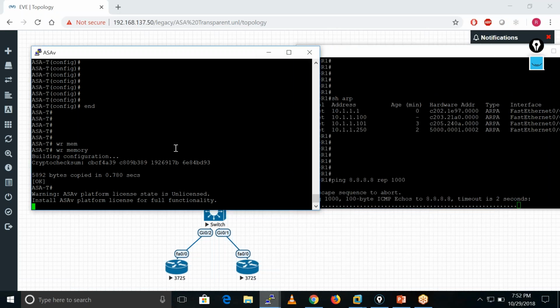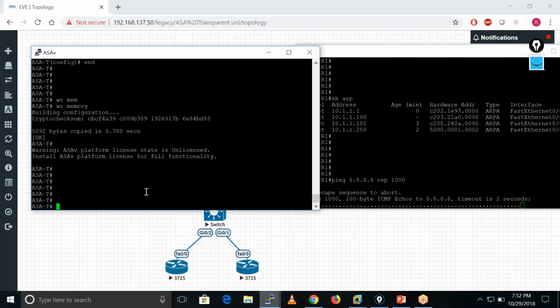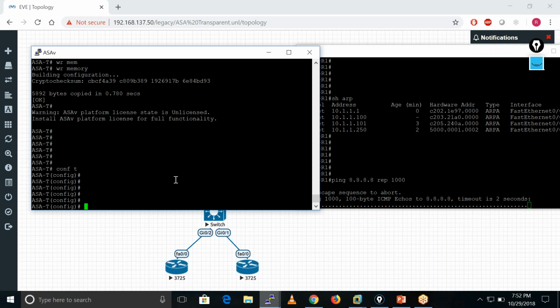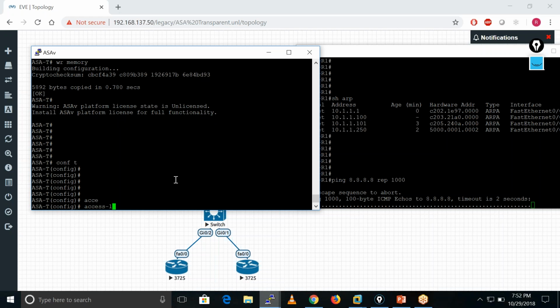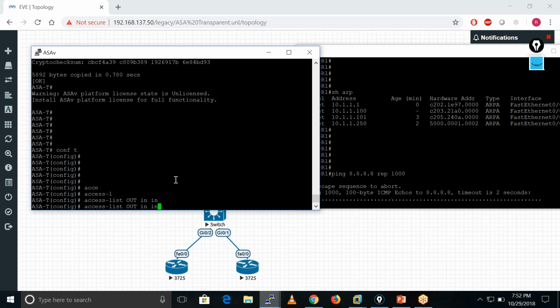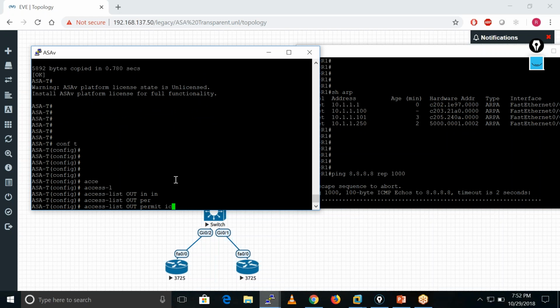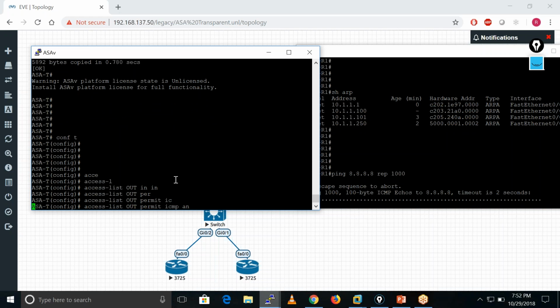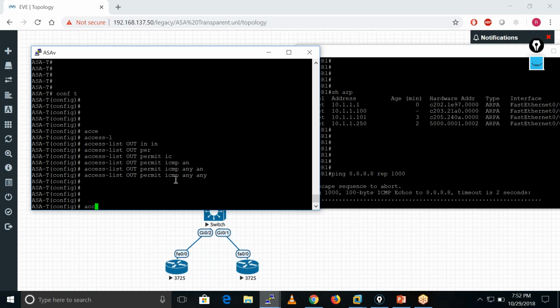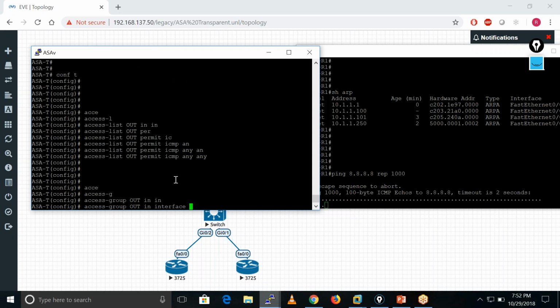As soon as I open the ACL on my outside interface, that ping starts working. Access list out permit ICMP from any to any. Okay, so I have created my ACL. Now let me apply this access list. Access group out in interface outside.